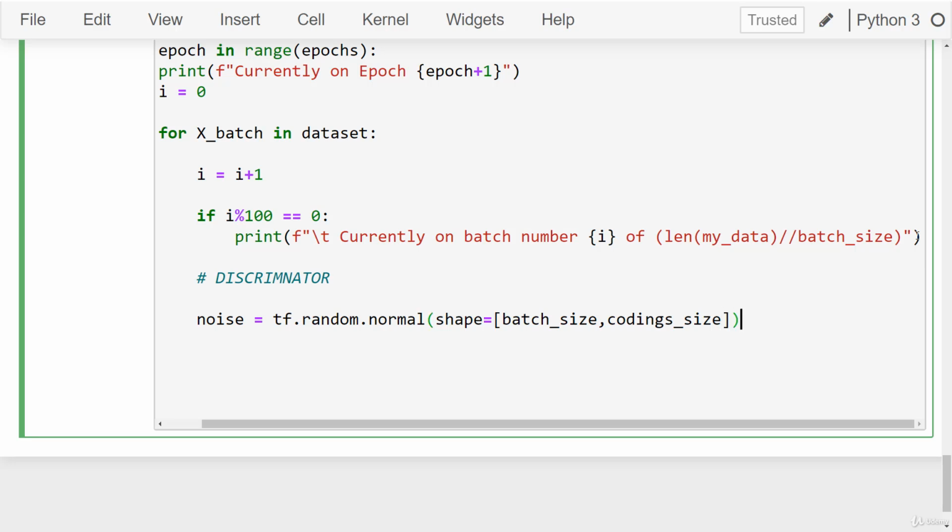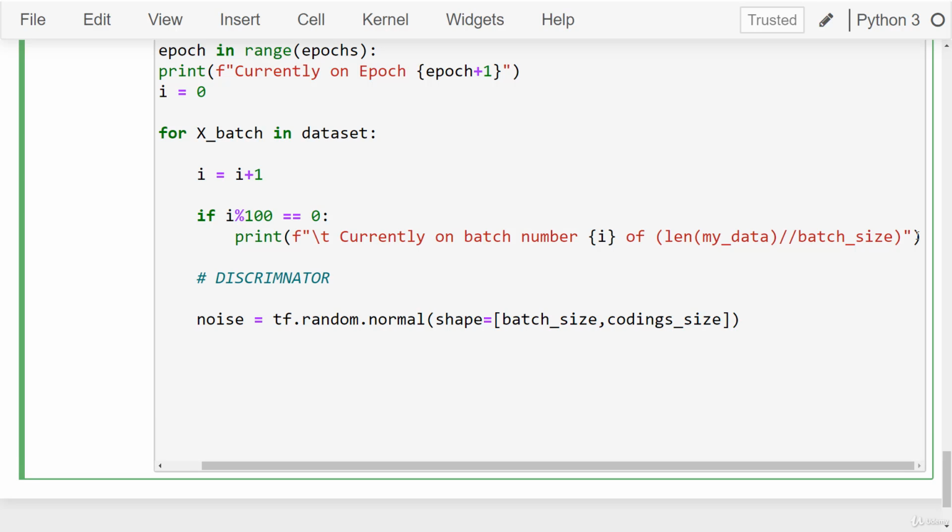Recall, coding size is essentially that latent layer at the very beginning of what is almost like a decoder that the generator is operating as. Okay, so we have that random noise, and then we'll generate some images based off just that noise input. So this is technically the discriminator training phase,